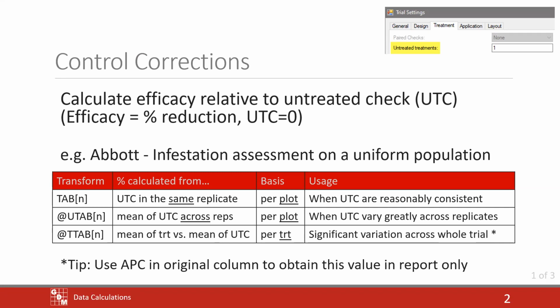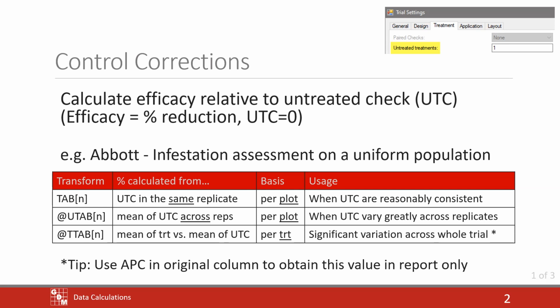The first topic to cover are control corrections. And this is a somewhat common thing to do in a variety of different types of research. The idea being that we want to calculate efficacy relative to the untreated plots in our trial. And efficacy is really a percent reduction. So we're kind of forcing the check to be zero, that nothing has happened. So the check is no response in that sense. And then all of the other treatments, the assessment values, we are converting relative to what happened in those check